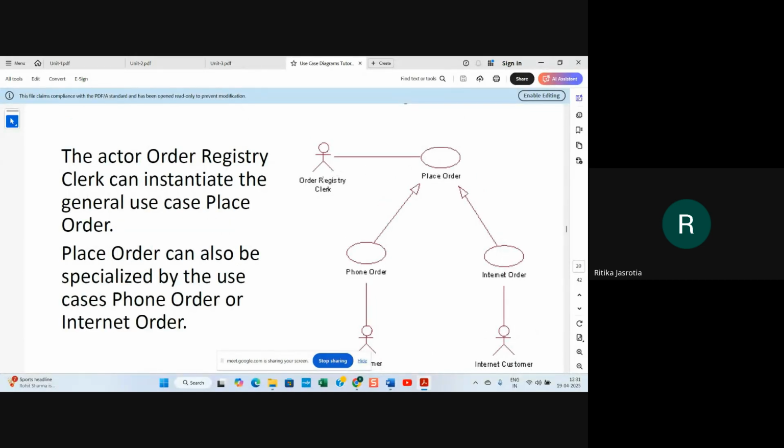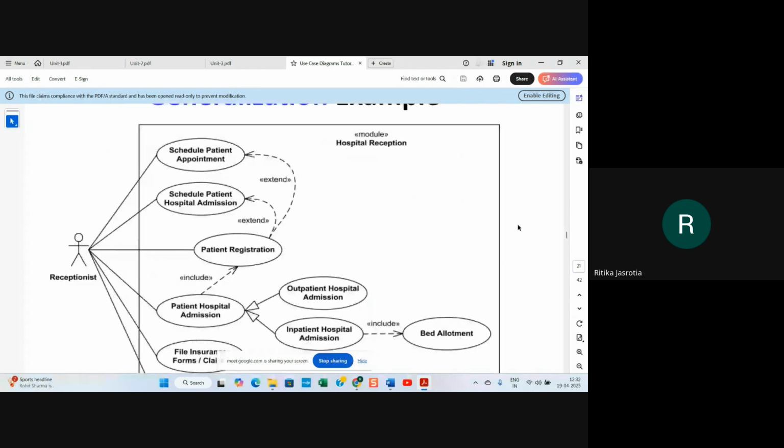The order registry clerk is handling the place order use case, and there are two types of orders in place order.